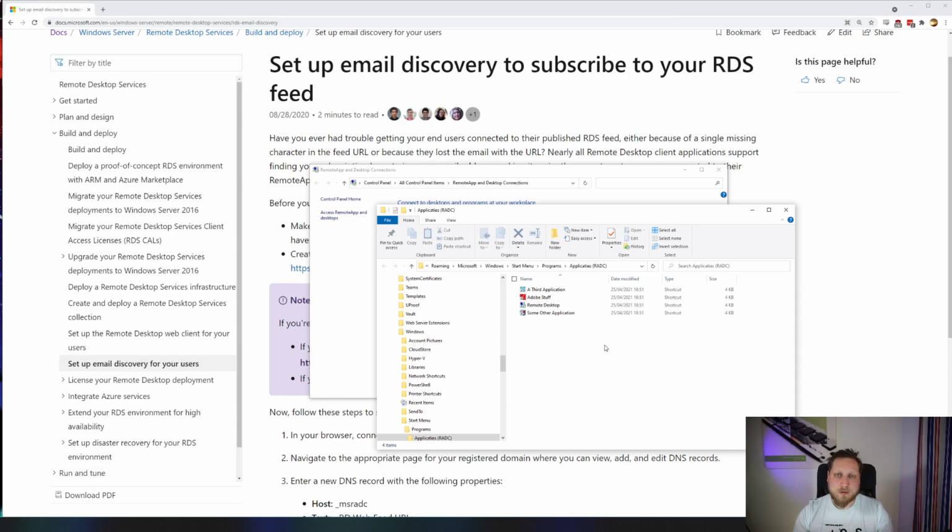So let's recap that, shall we? By creating one simple DNS record, we're easing the entire remote desktop deployment because users are able to enter their email address at logon, or you are even able to use a GPO that automatically detects which URL to use. From there on, you'll be able to immediately deploy all new remote desktop applications to users or even the full desktop experience. You don't have to worry about distributing the correct files to them anymore because they'll always have the latest file downloaded. And I hope you've enjoyed this video.